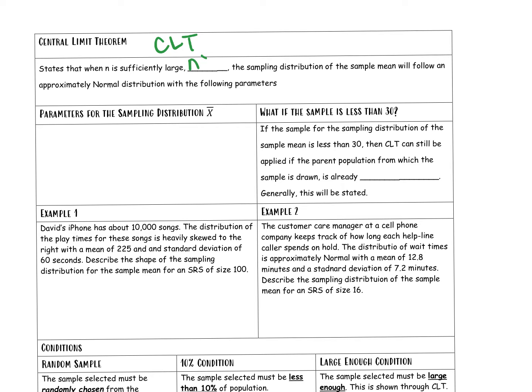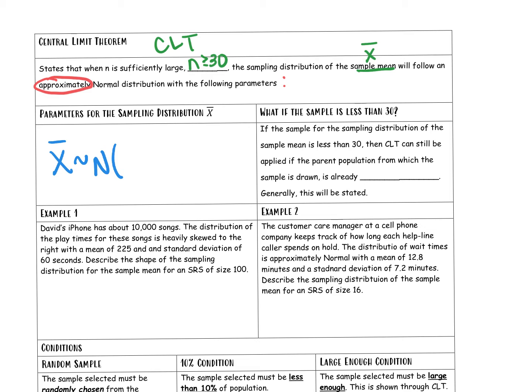size, when n is greater than or equal to 30, the sampling distribution of the sample mean, remember the sample mean is what we call x bar, will follow, and here's the key thing, an approximately normal distribution. It's not fully normal, but approximately normal, with the following parameters. So we're going to establish parameters. Remember, the parameters are the true values of the distribution. And since we're talking about the parameters for the sampling distribution of x bar, the sample mean, we can say this, and we saw this from the example, that x bar follows a normal distribution with